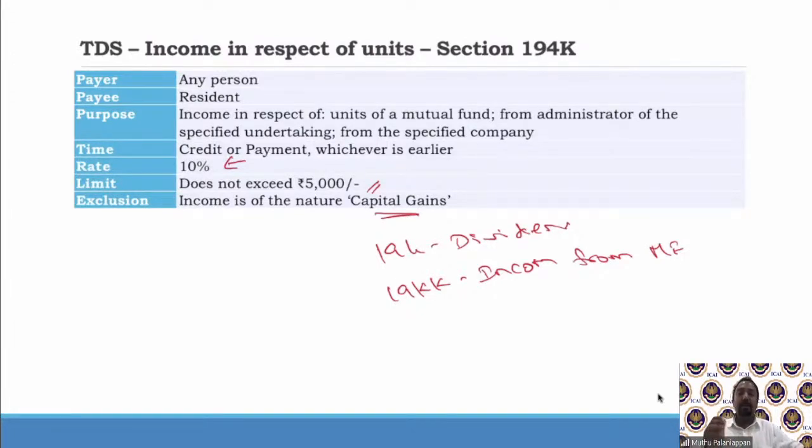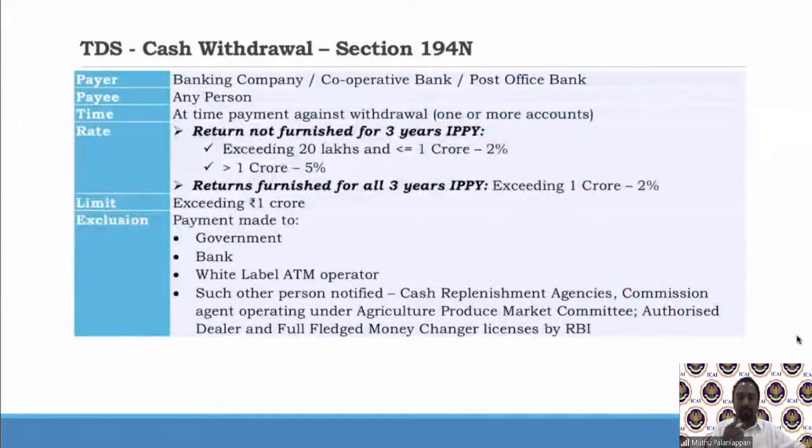So any payment from mutual fund, other than sale of mutual fund covered under capital gain, is applied here, right? So that is 194K. So with this, we'll move on to the next section, 194N, which is on cash withdrawals. So the provision says whenever the cash is withdrawn from a bank, cooperative bank or post office bank, and